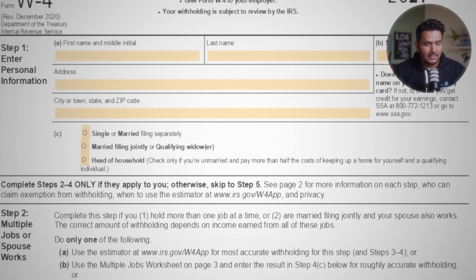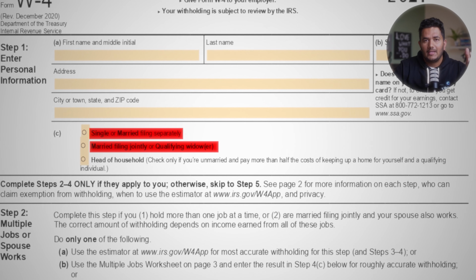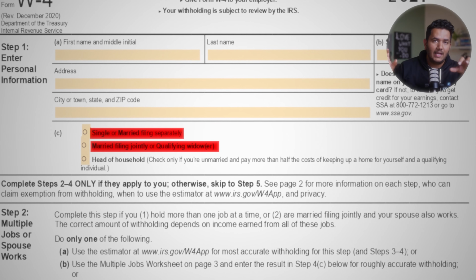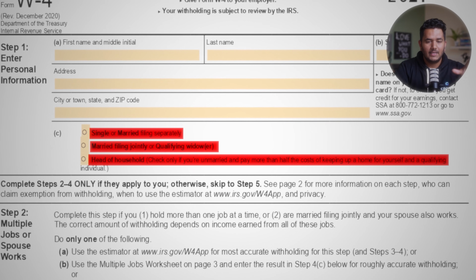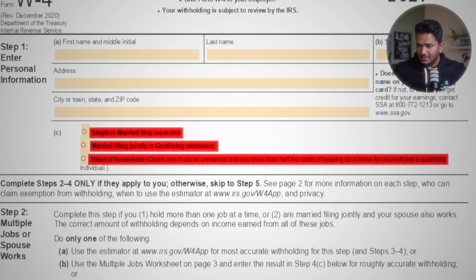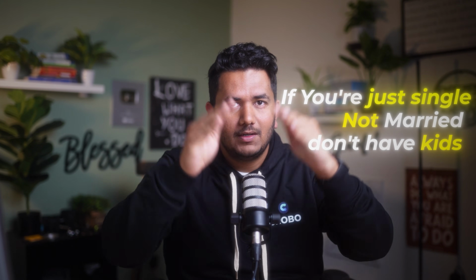So most international students will choose single, unless of course you are married, and then you probably want to choose married, if you're filing your taxes jointly, or filing your taxes separately. Another thing that gets very confusing is head of household, because you might think, I am the owner, I am the head of the apartment and I pay my own bills, so wouldn't I be head of household? No, that's not how it works. If you have dependents under you, then you become a head of household. So for example, if you have kids, then you by default are a head of household because you're providing for your family. But if you're just single, not married, and don't have kids, you will fall under the single category as